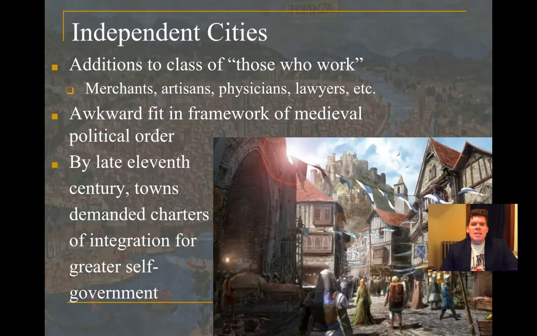And independent cities were adding to this complication of those who work, those who pray, and those who fight. You now have these classes of merchants and artisans and physicians and lawyers, and some of these merchants gained fabulously wealthy, which challenged